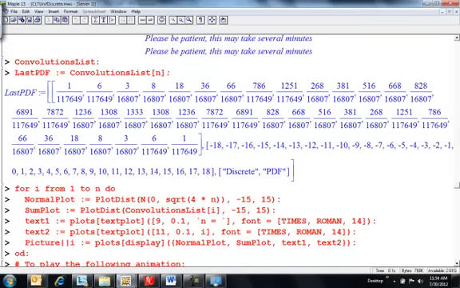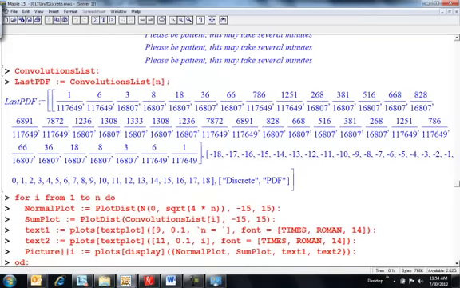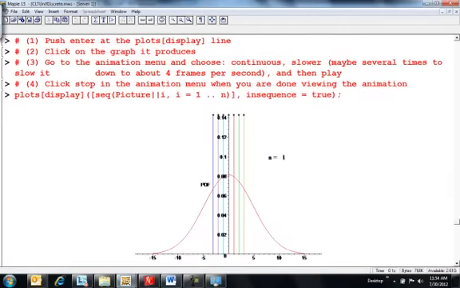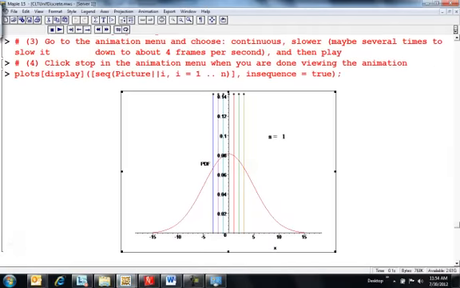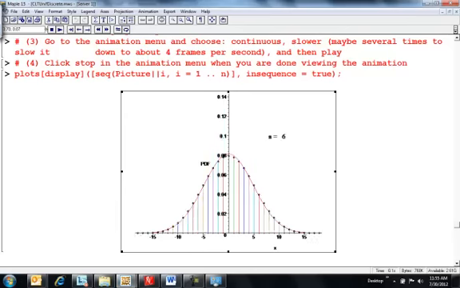I've added 6 of them together. They started between -3 and 3, so if I add 6 of them together, it's going to go between -18 and 18. But look how fast it converges to normal. So let's cycle it around again, slow it down, and play it. Nice. I wish I had that exponential, but I don't think I have enough computer power here to get that done, so sorry, but enough exponentials, everything will converge.